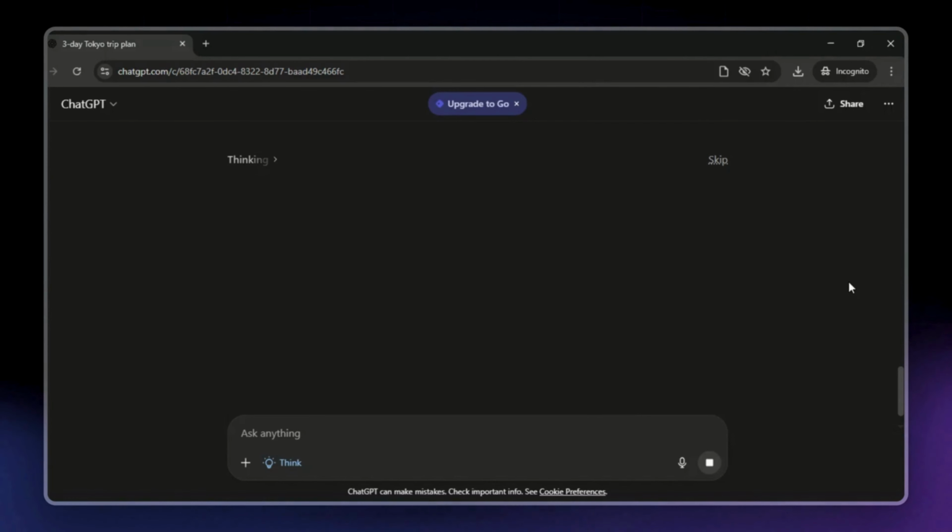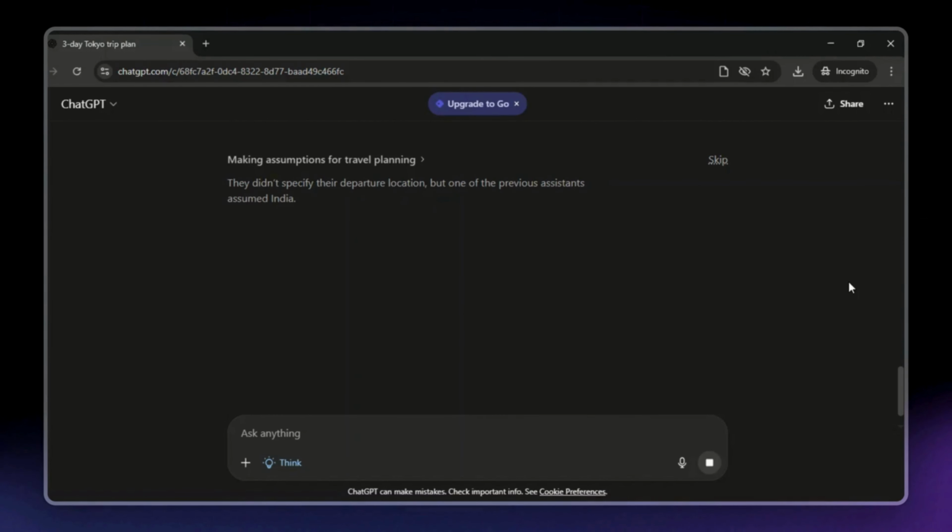It's like asking a travel expert instead of a quick buddy. The AI compares flight prices, transport options, and balances time versus cost to build a smarter, more context-aware plan. For example, it might say, if you're flying from Delhi, budget around $500 for flights. Stay near Shinjuku for better connectivity, use the 72-hour Subway Pass, and spend 1 day each at Asakusa, Shibuya, and Tsukuji. See the difference? This version feels researched, structured, and logical because the AI took a few extra seconds to